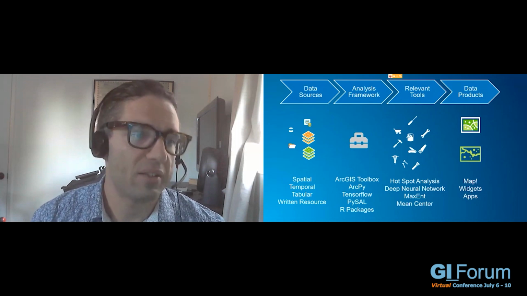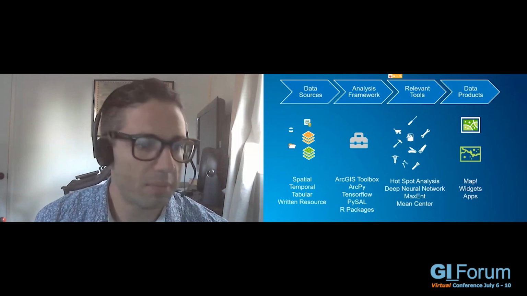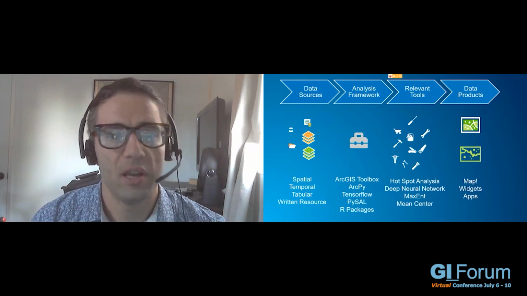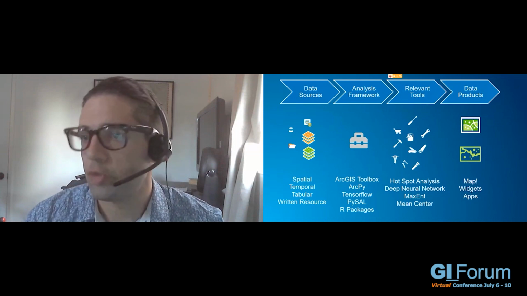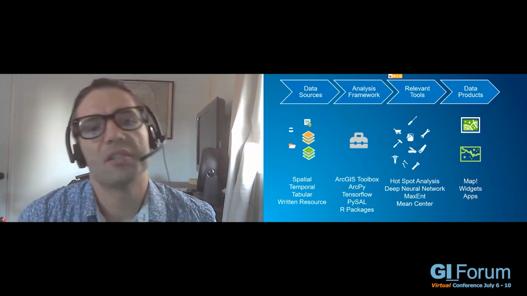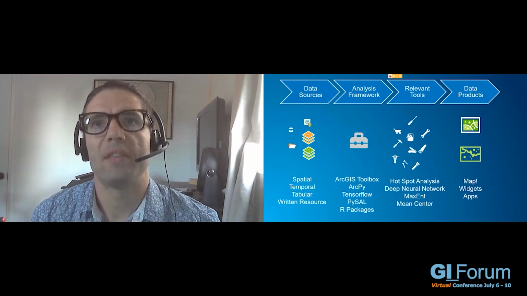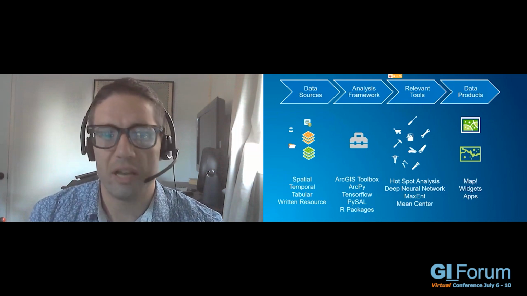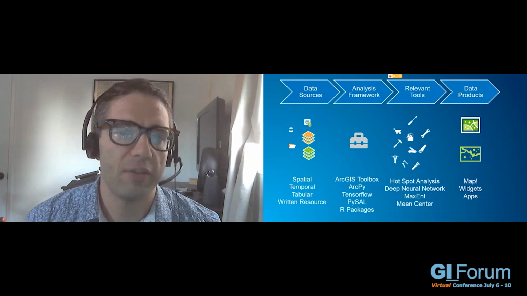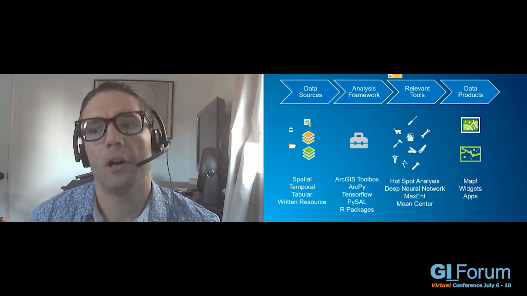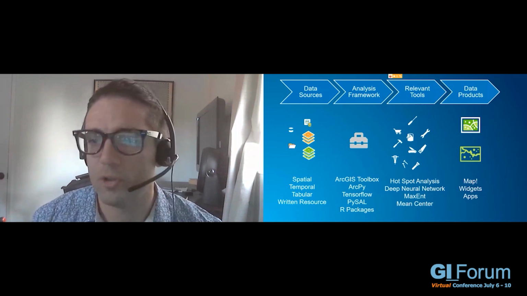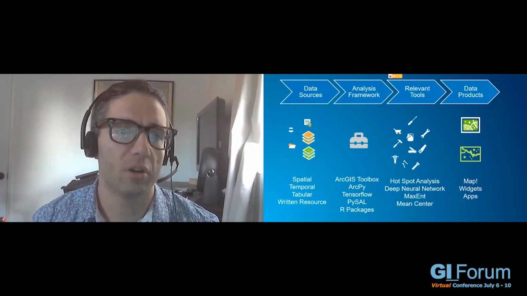We seek analysis frameworks. This can be something like ArcGIS toolboxes, Python libraries, R packages, and in research, we often create our own libraries. What is important with an analysis framework is this is the trend in machine learning, and this is definitely the trend in spatial data science and machine learning. We never do work isolated anymore. Even the code that we write for our PhD thesis or for our research project, it probably leverages a lot of open source